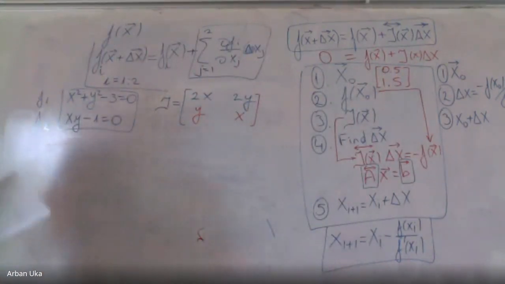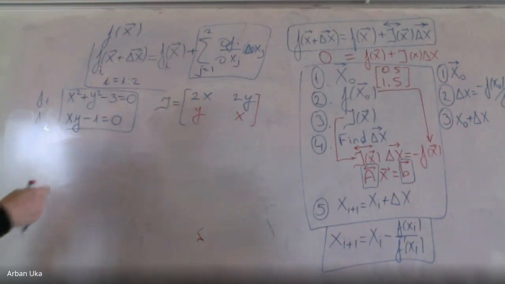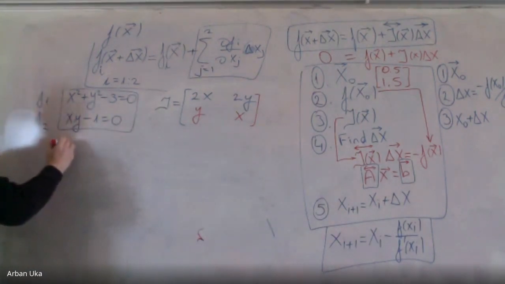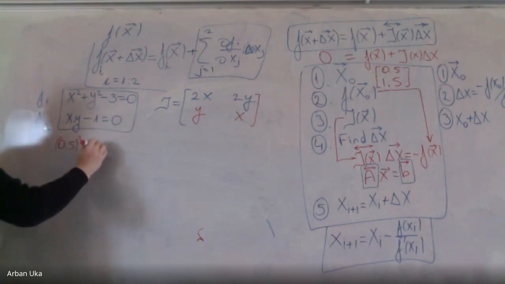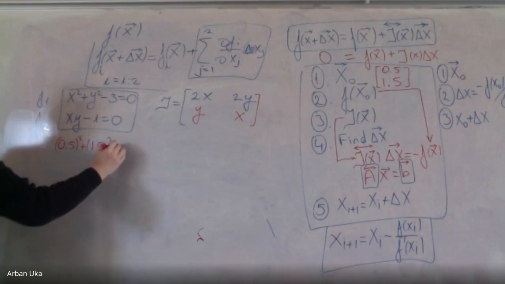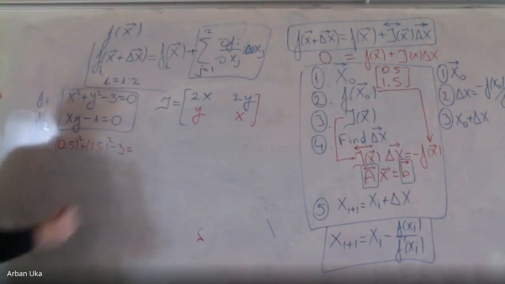And then the next step, we need to evaluate. So I think this part is clear. Next step, we need to evaluate the functions at x0. And this function at x0, we need to do the following. We do 0.5 squared plus 1.5 squared minus 3. This is equal to,